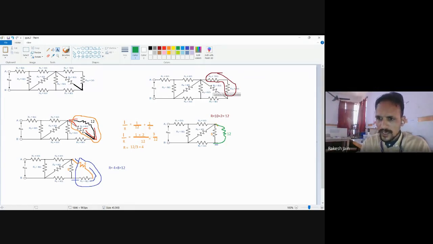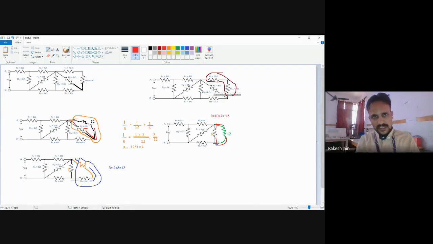Okay, now see. So now see this 6 ohm and 12 ohm. One terminal of 6 ohm, see with this red color, is this one, and one terminal of 12 ohm is also connected with the same terminal. And the second terminal of this 6 ohm is this one, which is also connected with the 12 ohm second terminal. It means the 12 ohm and 6 ohm resistances both are connected with each other. It means they are in parallel.